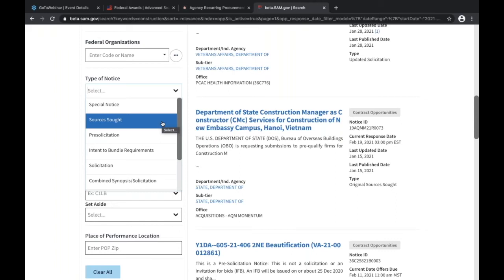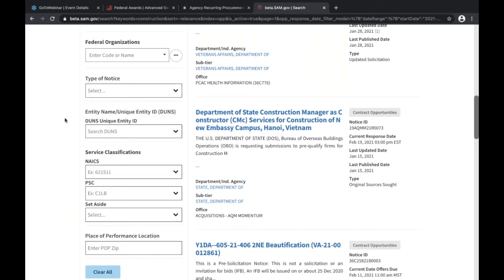And if you are interested in those, it is highly recommended for you as a business to respond to these sources sought, because that's a way for you to market your business to the contracting officers. When they receive these responses, they're reading them and they will read about what your business can do. It's a great opportunity, an indirect way to market your business directly to the target market. So always respond to sources sought in your particular area. Again, you can do that, or you can just leave it open and it will give you all of the